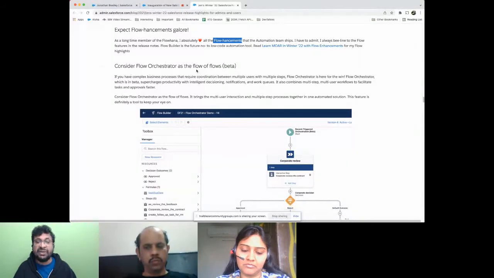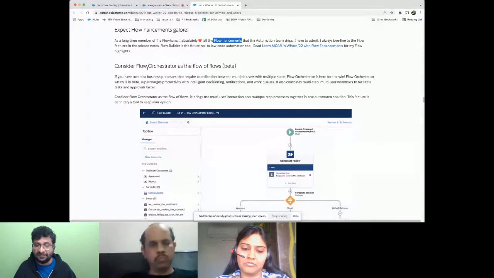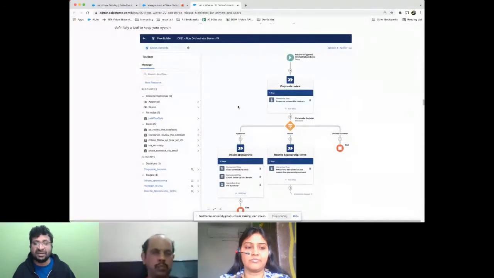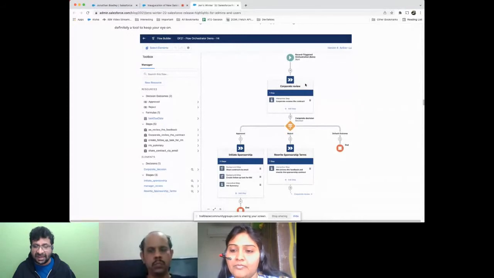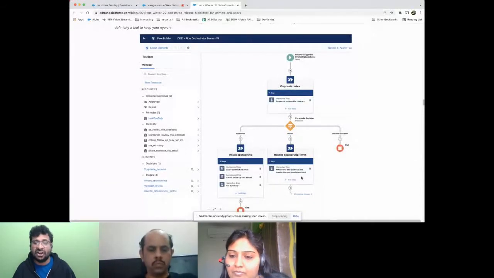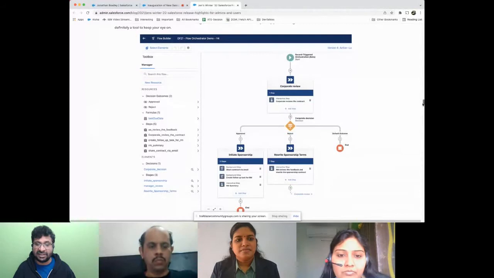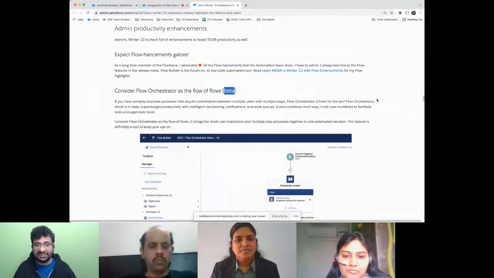One of the beta features in the flow enhancements is the flow orchestrator. So this is the one where you can have some of the flows as part of a flow. What I mean here is, you can see this is a flow, right? And this flow has some subflows. So each of these individual components are flows by themselves. So now with this flow builder, you can have any of your existing flows, and you can conditionally call those flows. So now you are making a flow of flows. With this flow orchestrator, again, it is in beta. So test it and see, and also share the feedback with the product managers so that this product can be improved.